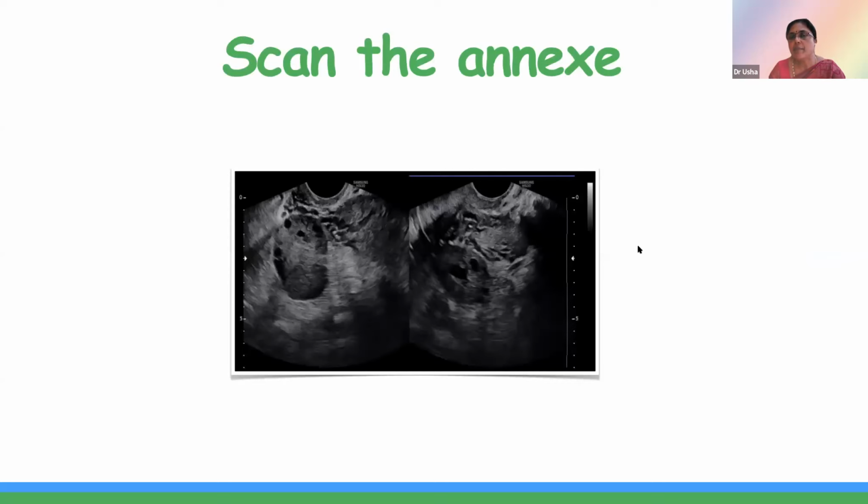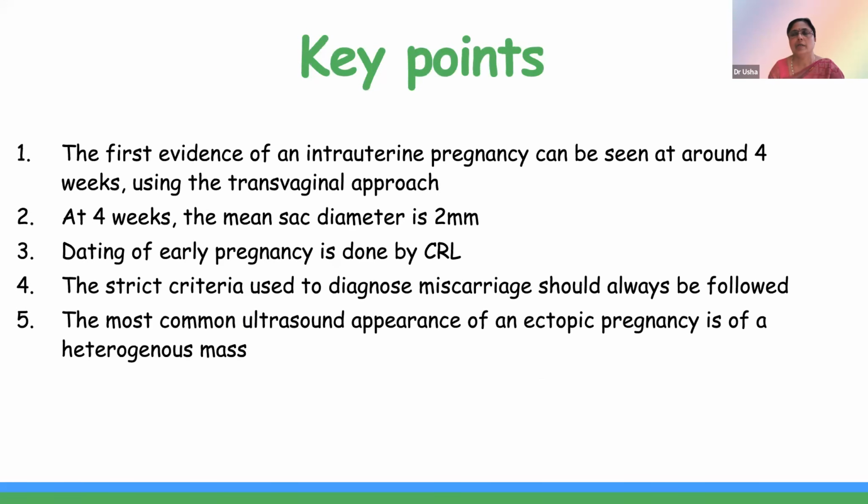So we always have to remember it is not sufficient to see the pregnancy in the uterus alone, and our scan does not stop after seeing only the details of the fetus. We have to go and scan both the adnexa also. So you have to see the ovaries, the uterus, and the region in between so that we are not missing out any heterotopic pregnancy. So the key points are: